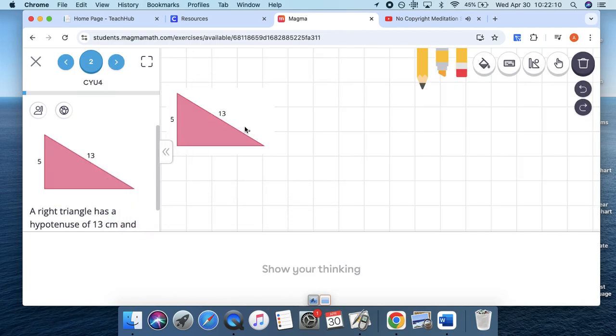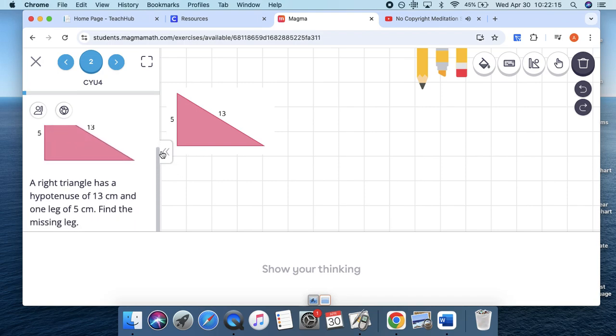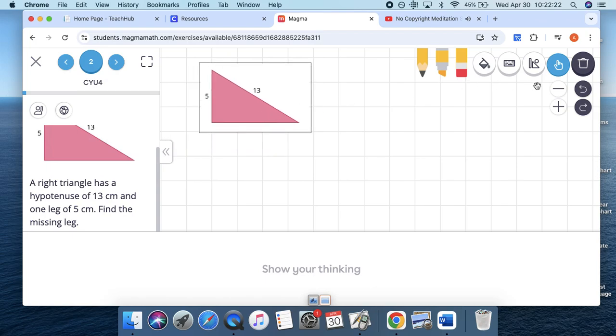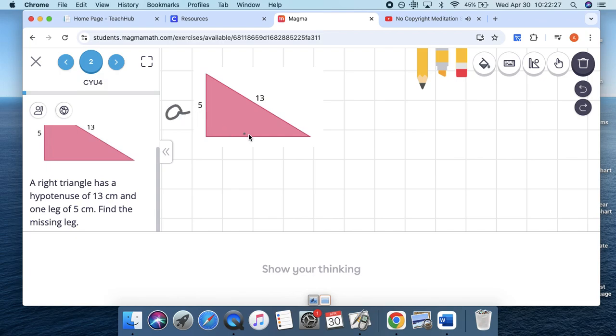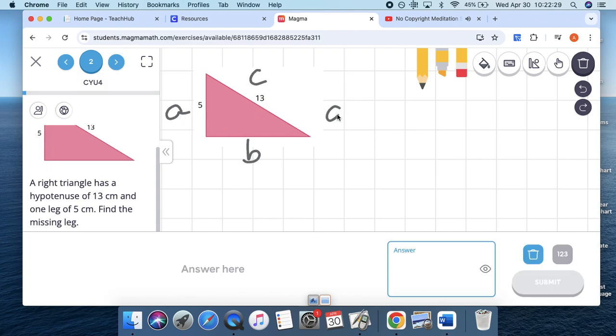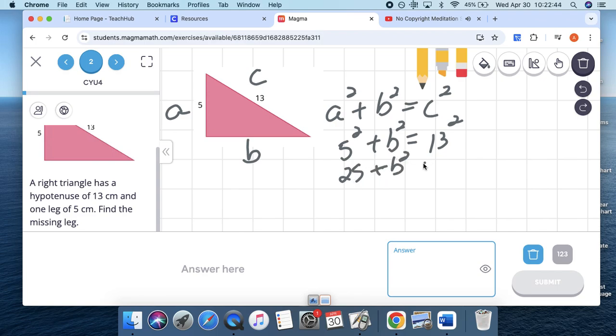We have another triangle, and it says hypotenuse is 13, one of the legs is 5, find the missing leg. Let me make this guy a little bigger. Let's label this A, let's call this B, and let's call this C. So we can use the Pythagorean theorem to find either the hypotenuse or the leg. In this case, we want the leg. So A is 5 squared, B is what I'm trying to find, so leave it alone, and C is 13 squared. 25 plus B squared equals